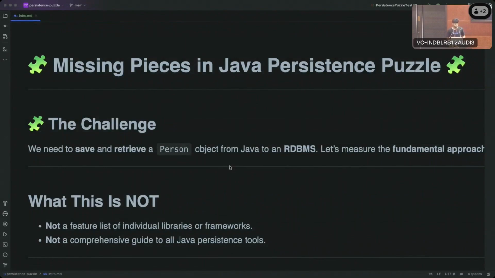So in this particular session, we are about to solve only a simple problem where we basically focus on RDBMS, which is relational database, and Java. So basically, the most important and basic thing we would do is connecting a programming language to a database, right? So the same thing. It's very simple. I'm going to save and retrieve a person object. And not only that,